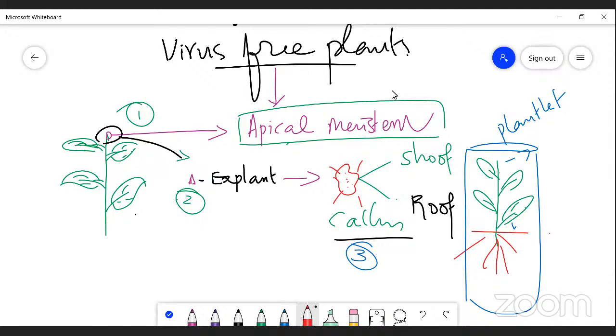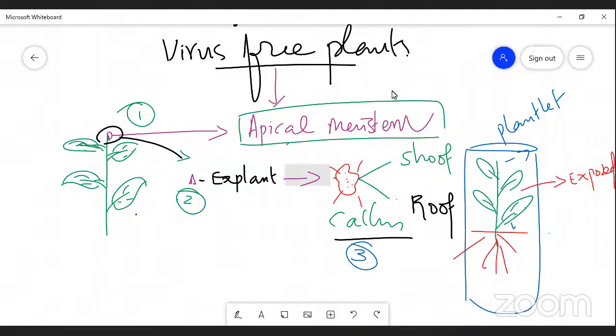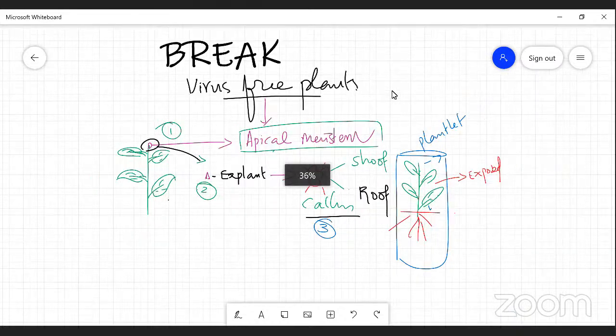The final step of plant tissue culture: these plantlets are exposed to the environmental condition in a stepwise manner, which is called the hardening process. So this is a way by which we can develop, we can produce virus-free plants. Why am I saying this? Because nowadays when you go for cultivation,